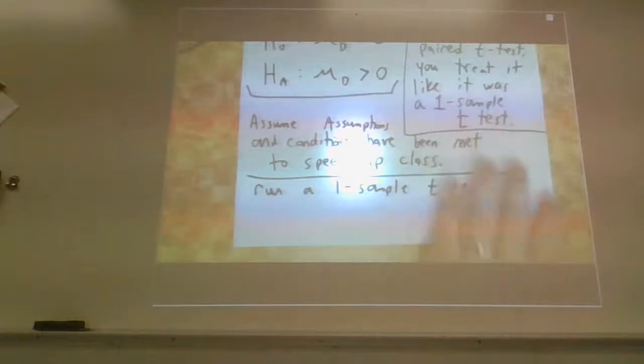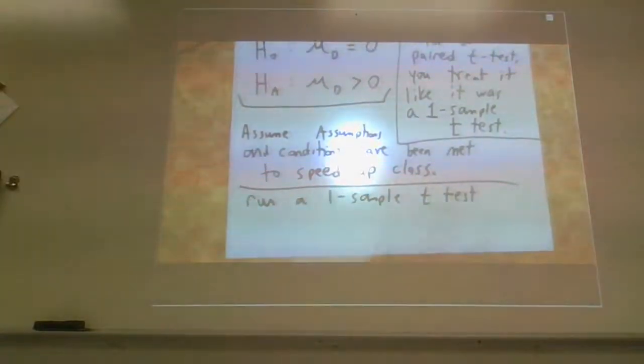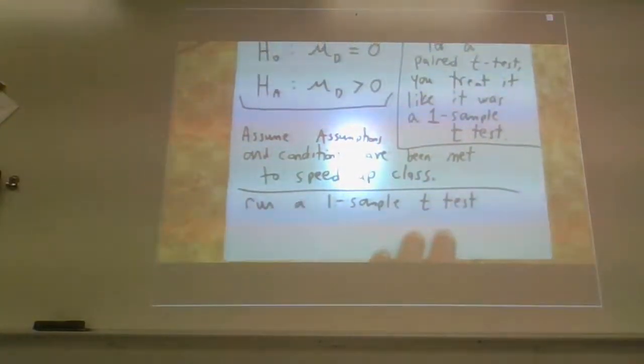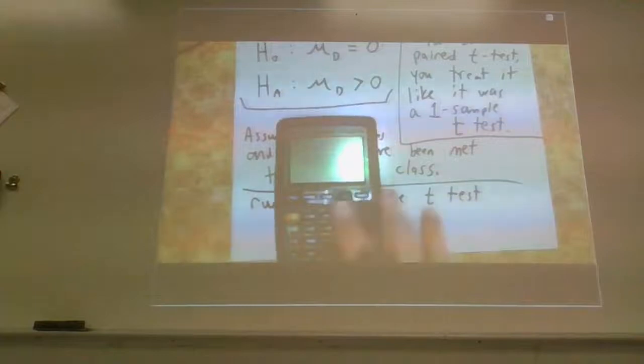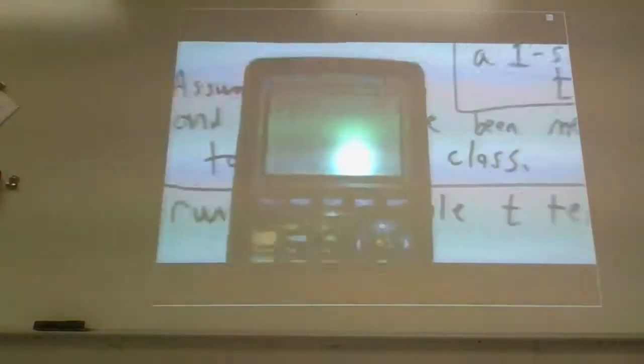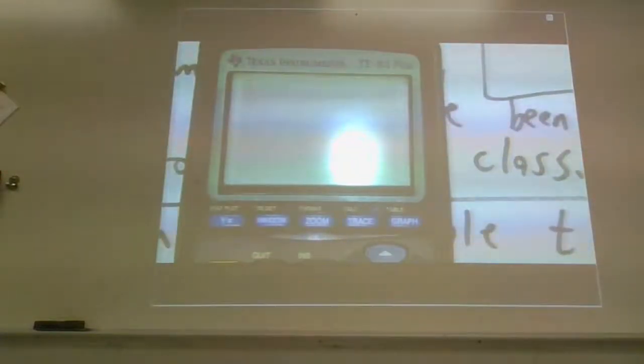As I said up here, for a paired t-test, you treat it like it was a 1 sample t-test, even though clearly it's not. But that's the function that you were going to use on the calculator. So what I'm going to have to do is run a 1var stat,